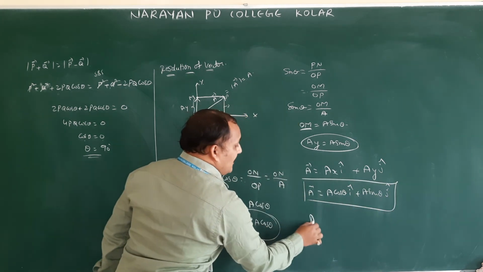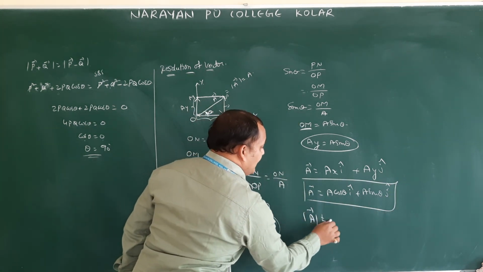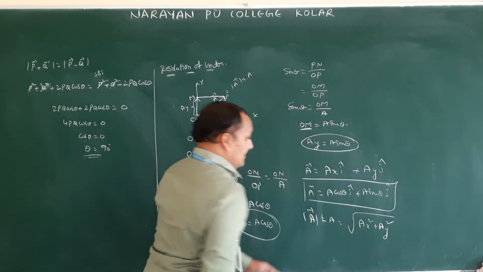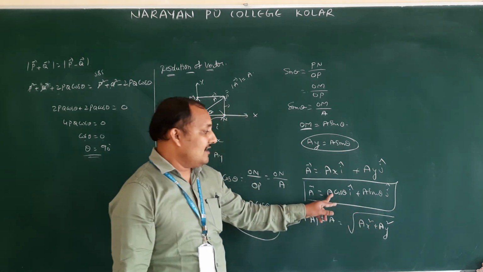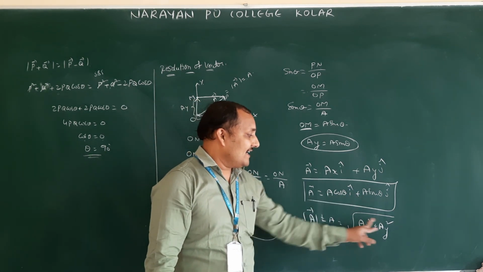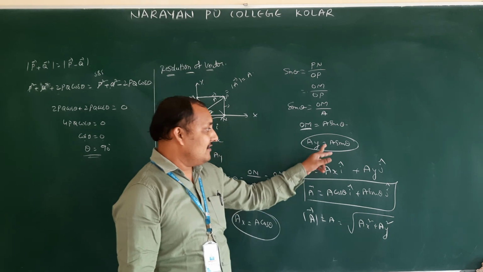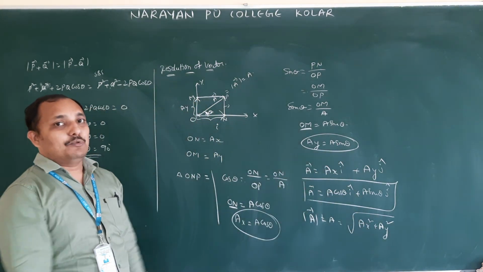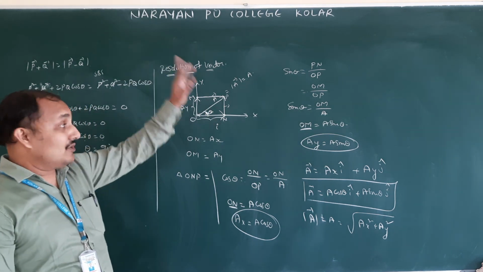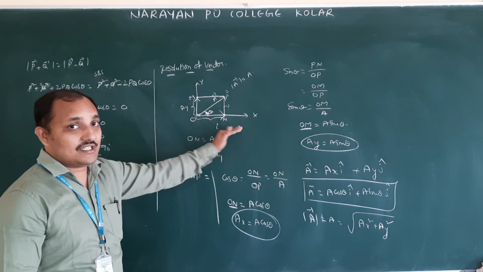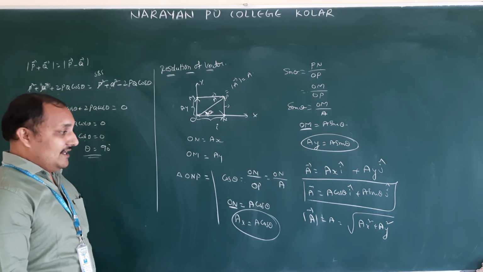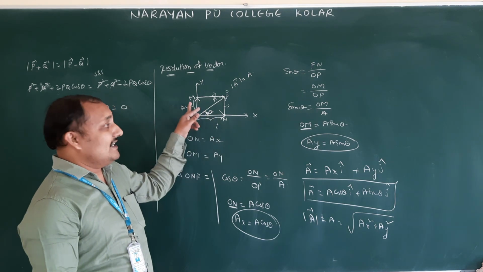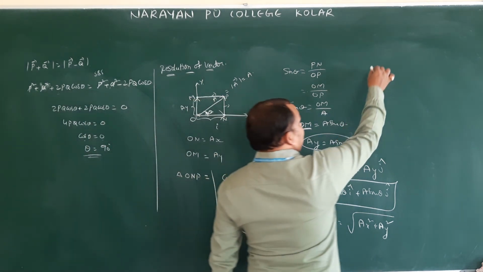So what is the magnitude formula? Mod a bar or A is equal to root of AX square plus AY square. If you substitute AX square and AY square, you will get A square, so you will get A. Once you can substitute and see. AX value is A cos theta, AY value is A sin theta. Already you all came to know. So that U in projectile motion, U will be resolved into two components, U cos theta, U sin theta. Already you saw in projectile motion. This is nothing but the X component, this is nothing but the Y component.